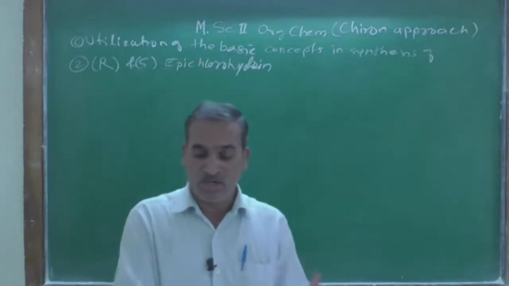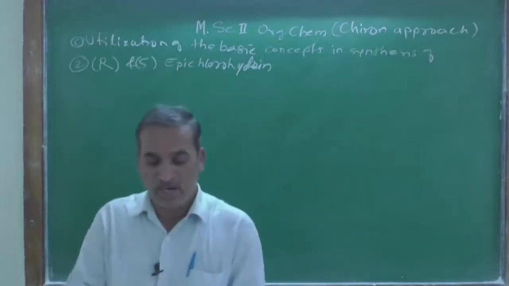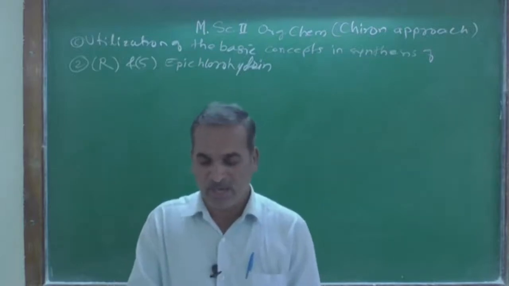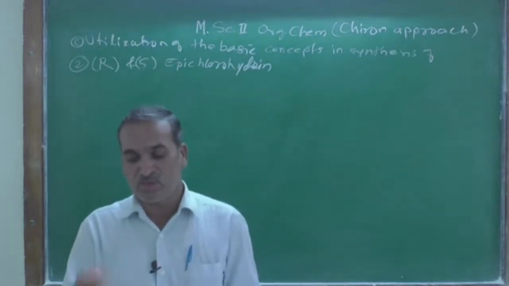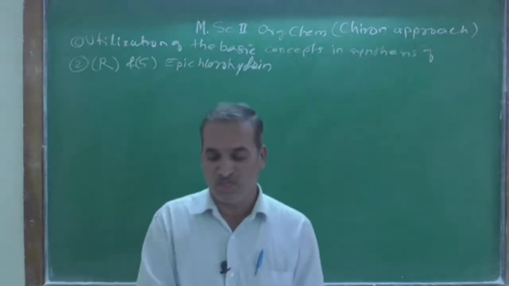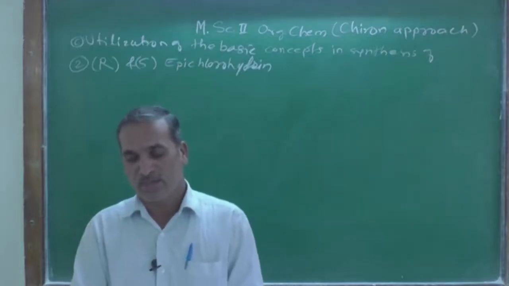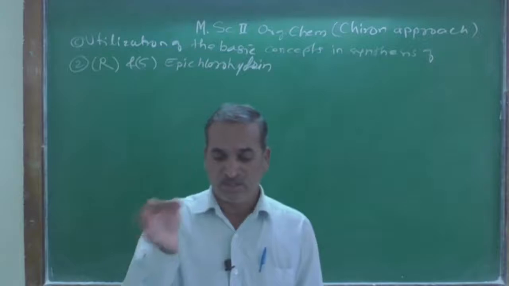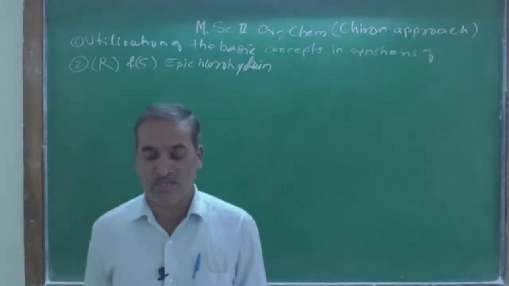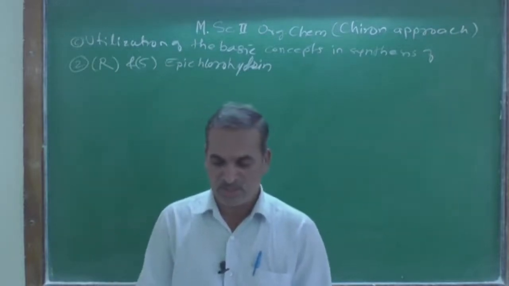And then the third thing is the reduction of the aldehyde group into a primary alcohol with the help of Raney nickel. Then CH2OH is converted into a good leaving group by using tosyl chloride, and then the CH2OTs group is converted into CH2I by using sodium iodide in the presence of acetone.